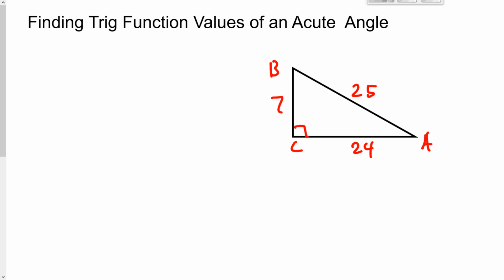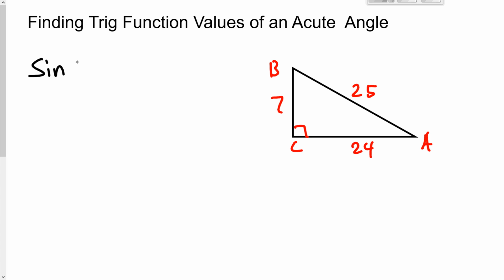I'm in section 3 of chapter 5. We left off on kind of a problem like this, finding a trig function value of an acute angle. So here we have this right triangle ABC with sides 7, 24, and hypotenuse 25, and we found the sine, cosine, and tangent of angle A and then of angle B. And what we noticed was